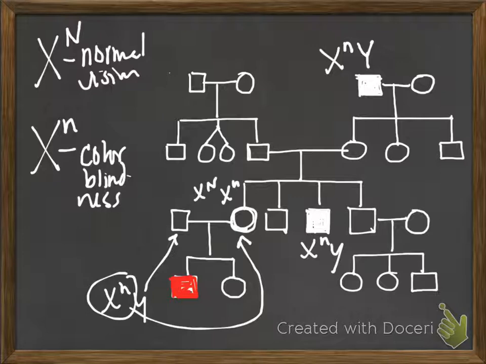So where did she get her X capital N? This is the toughest question we've asked so far. Okay, well let's ask where she got what we'll call the defective X. Where did she get the X little n? Which side of her family did that colorblind gene come down through? Her mom. She got that from her mom. So we know that her mom's genotype is X capital N, X little n. Where did her mom get that X little n? From her dad. So this person here has that color blindness gene that we can trace back to her grandfather,